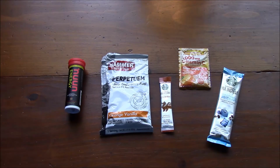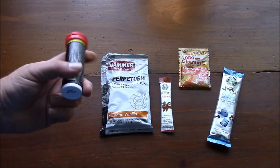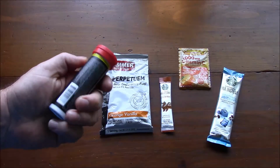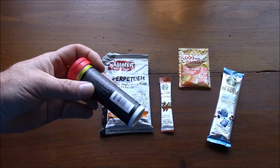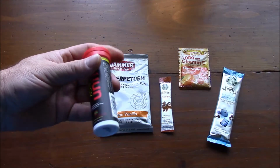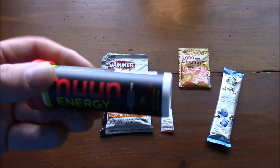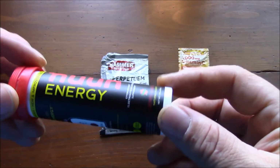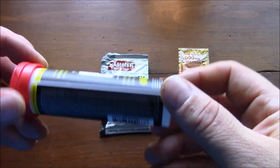Let's talk about drink mix options. This right here is a relatively new product where they've actually added caffeine to it, but this is like an electrolyte replacement. It's an effervescent tablet, which you would drop into 16 ounces of water, and it provides a certain amount of flavor, and it adds a little bit of caffeine, which is good, because especially if you're a coffee